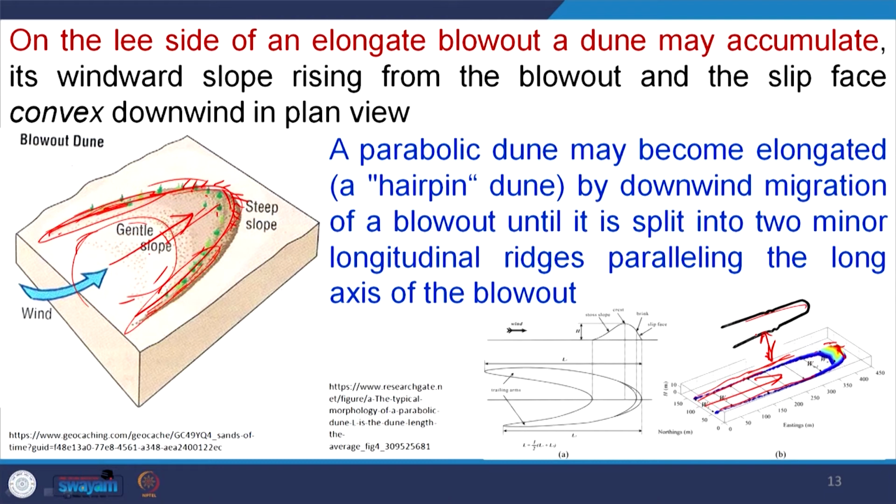Now, you see here, if I allow the wind to blow again and again, finally this will elongate, this will grow its elongation, and this sand will be divided up to this and from this, and finally this will appear like this. That means two longitudinal dunes will form. So what I want to say is that whether it is a Barkhan, a transverse dune, or a parabolic dune, with time and with more and more wind blowing, and the duration of the wind blow, that will convert it to different types of dunes.